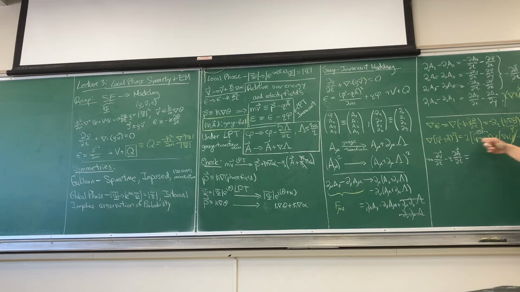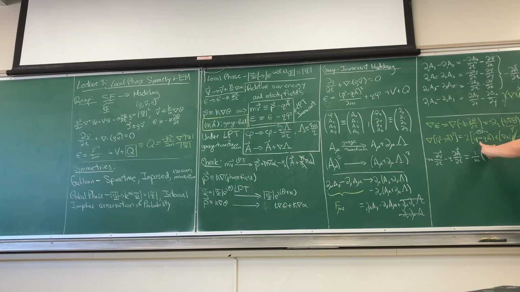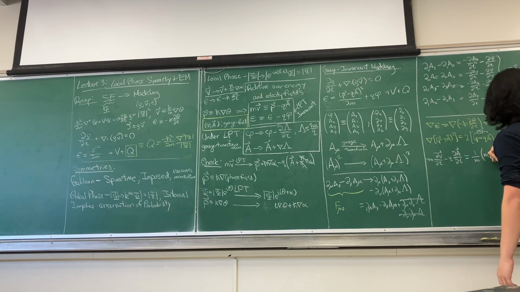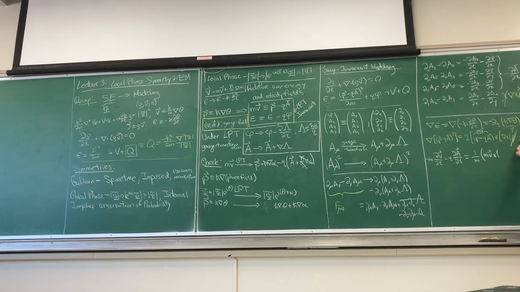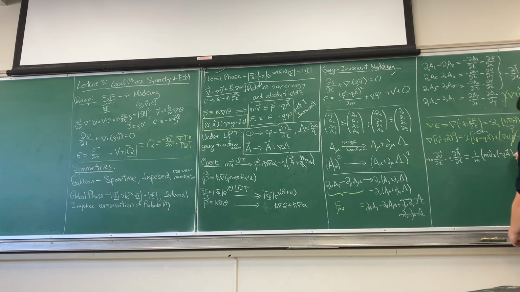So this 2 cancels, and then we have a 1/m times, this is mv crossed with minus qA, right? So minus qA. That's that. And then plus m squared, because there's 2 m's here. And then this is v dotted with nabla, or v dotted with del, acting on v, like that. And now I can rearrange it. So firstly, I can cancel these m's and the square. I'm going to remove,